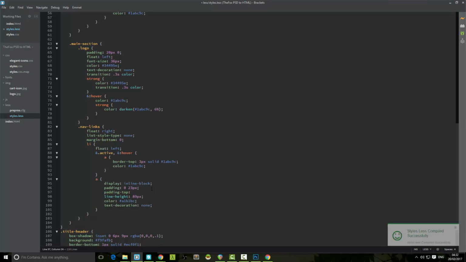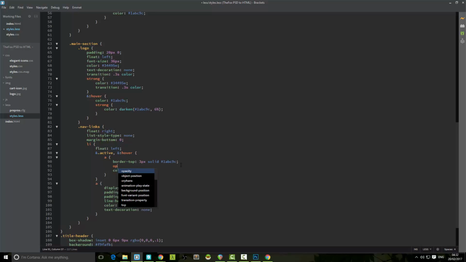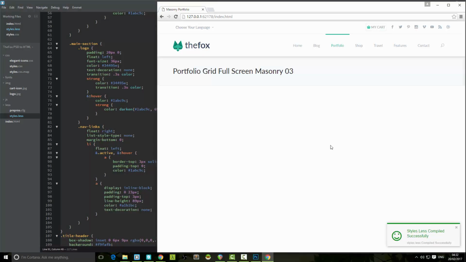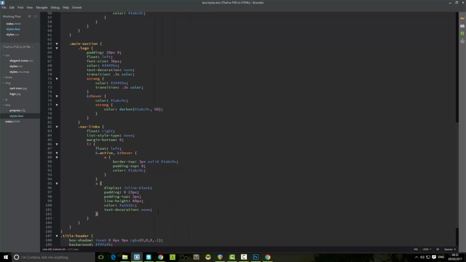We add padding top of 3 pixels, which is what the border is. And then when the border appears, we'll remove that padding, because the border top will act as a top padding. And that works really well. Very happy with that. Okay, so all that's left is to transition the border, so that the border fades in